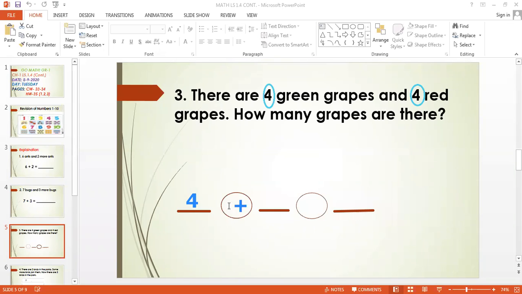Now, what is 4 plus, again which number? Look here. You circle one more number. It is again number 4. Yes, very good. Those who are answering, excellent. Now, 4 plus 4. What are you going to write here again? Which sign? Plus or equal to? Yes, it will be equal to. Now, what is 4 plus 4? We have to find the answer for 4 plus 4. Let's do it.